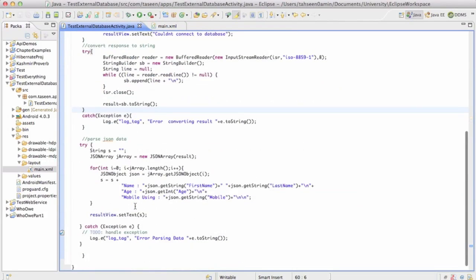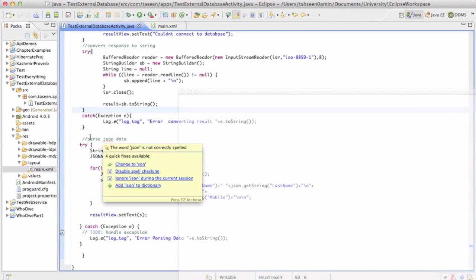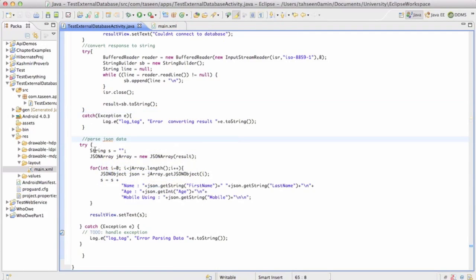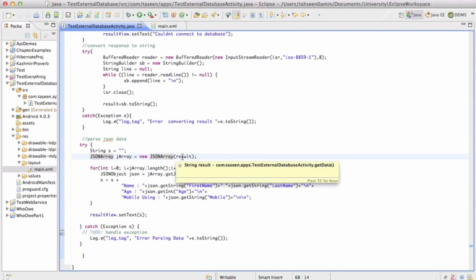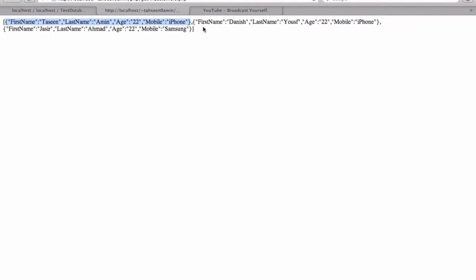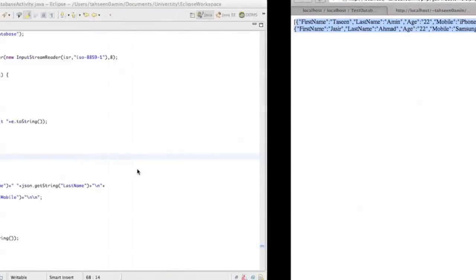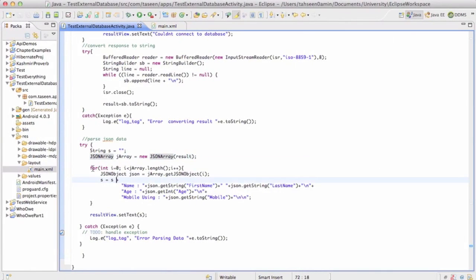Next, I'm parsing the string into a JSON. I'm making an empty string. I'm getting a JSON array from this string, because this string is in this format, so it will make an array. I will iterate through this array. I will get the JSON object using this one,